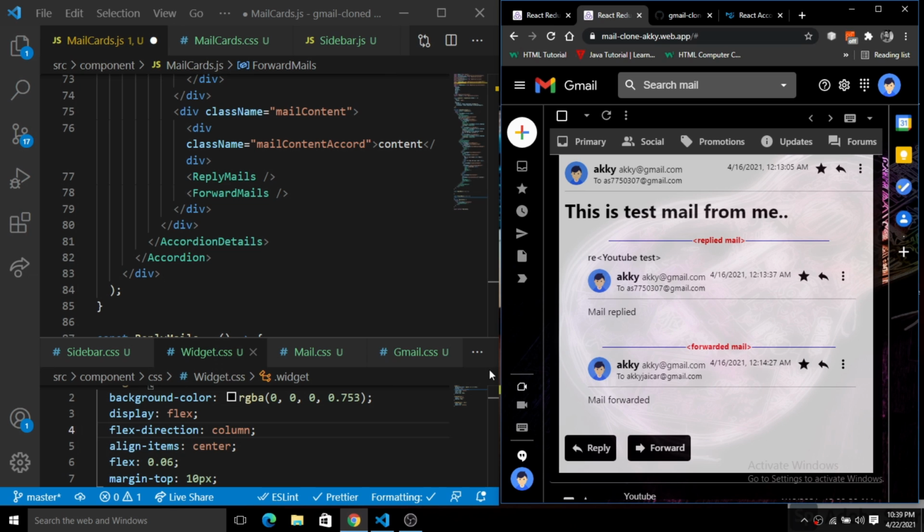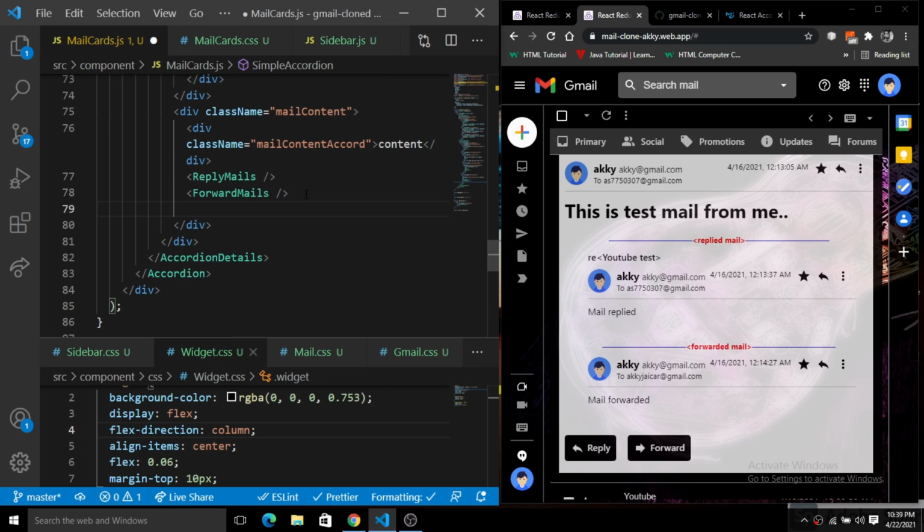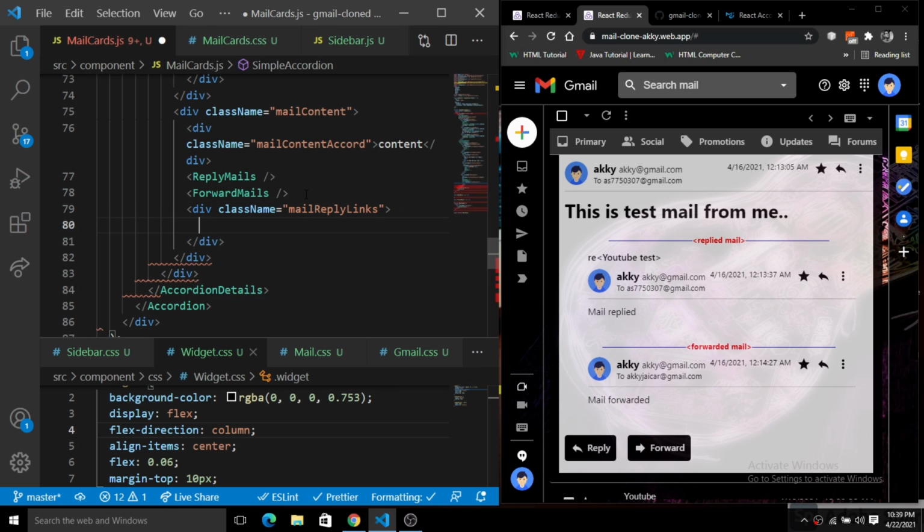So after the reply mails and the forward mails components, we are just going to create another div. Let's give the class name mail reply links. Just close this div. Okay, and then we have another div.